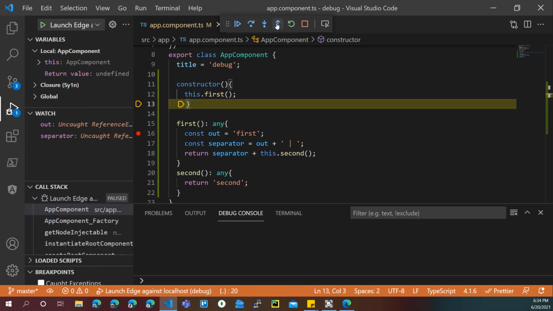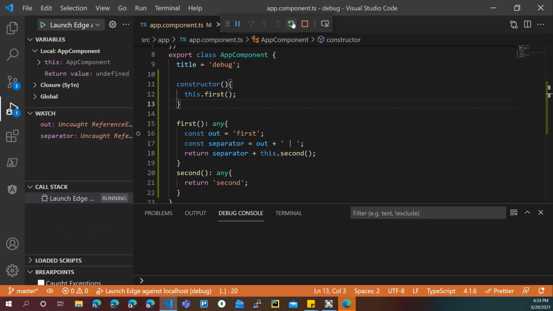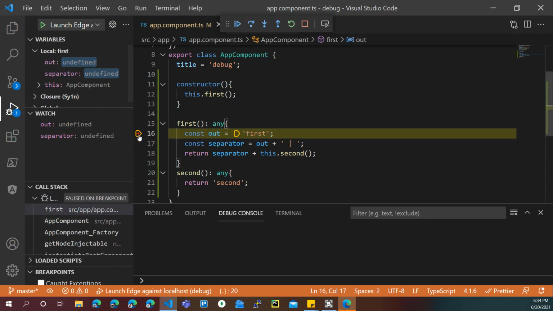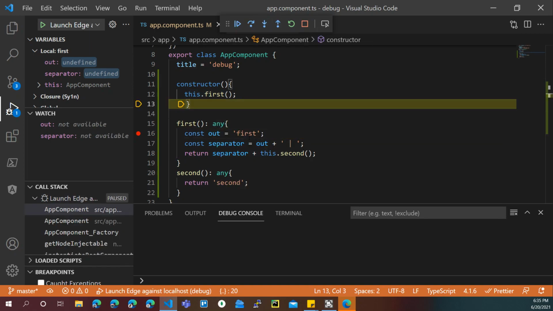If you want to see the use case of step out, let's restart the code again. So we are again at this breakpoint. Let's say we do not want to understand what happens in the next two steps. We just want to go to line 12, which is where this dot first had been called. You can directly use step out to go out of the current function. This is how you can use the debugger to debug your code, and you do not need to rerun your code or use console.log again and again to understand what is happening.